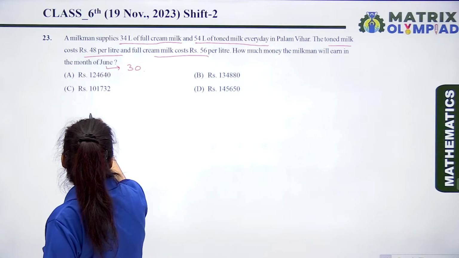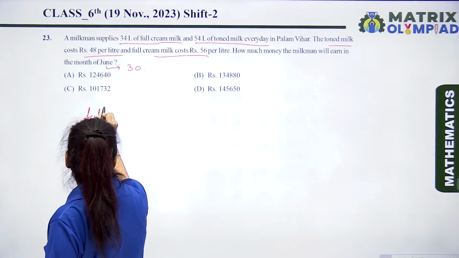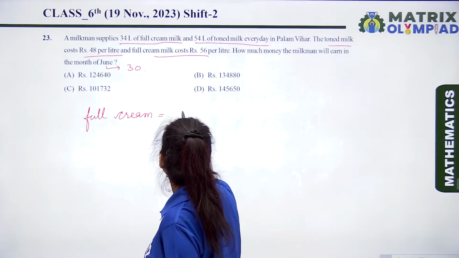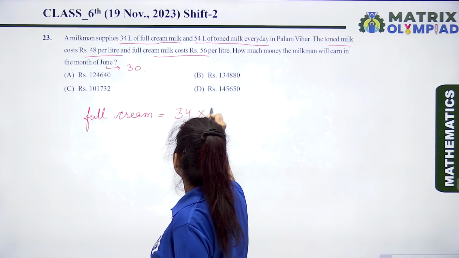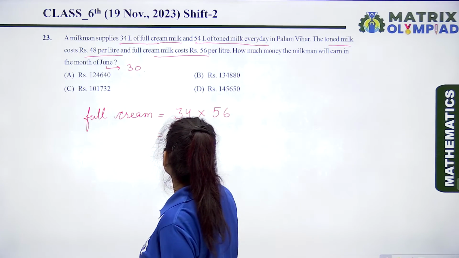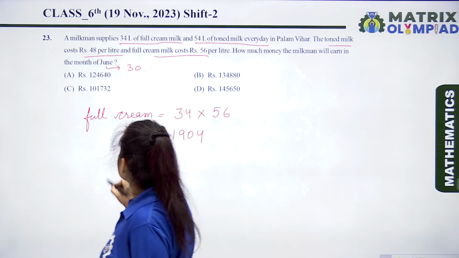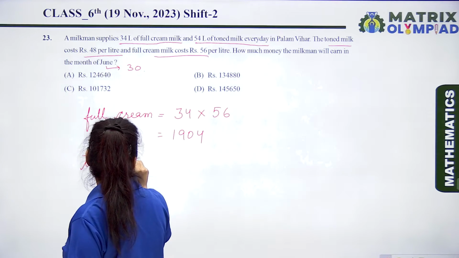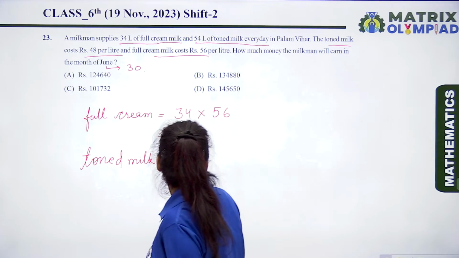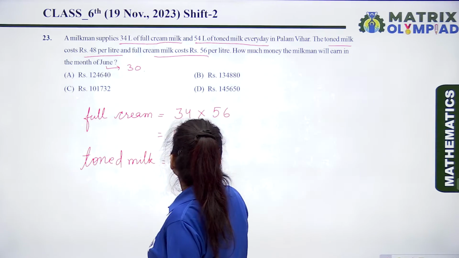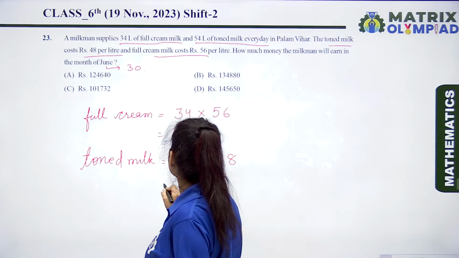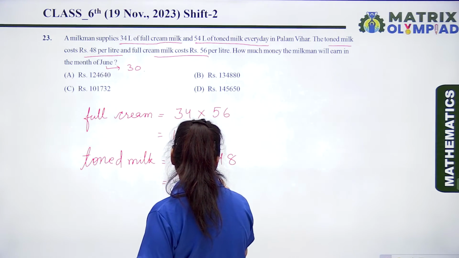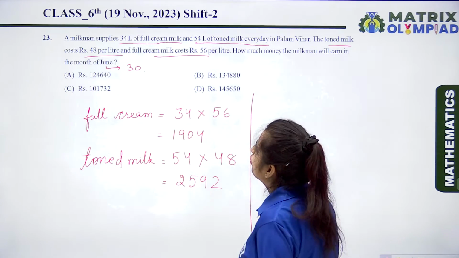So here the cost of full cream milk is 34 multiplied by 56, that is equal to 1904. For toned milk, 54 multiplied by 48. So here we get 2592. Now we have to find out